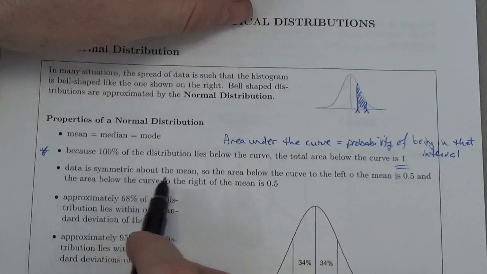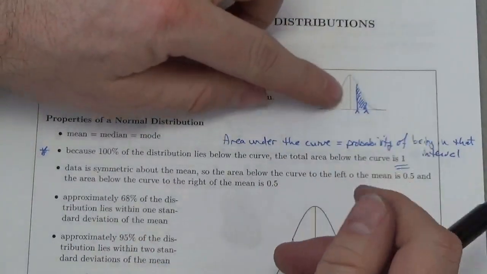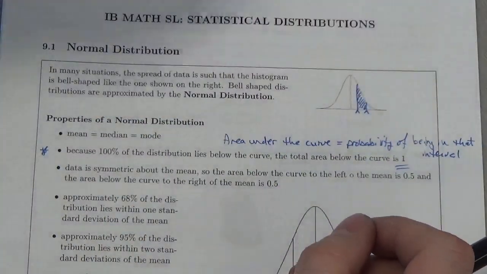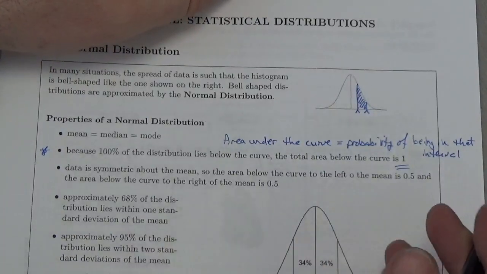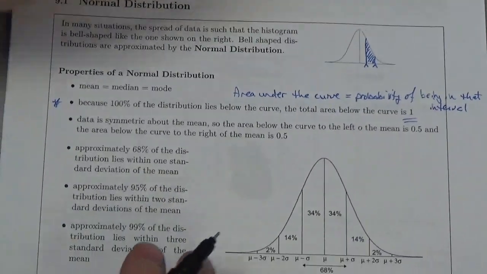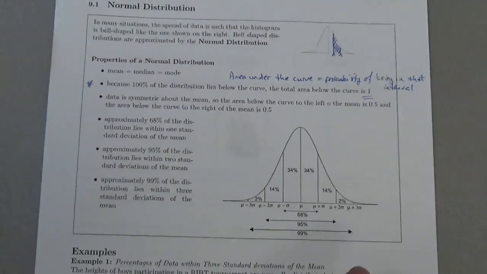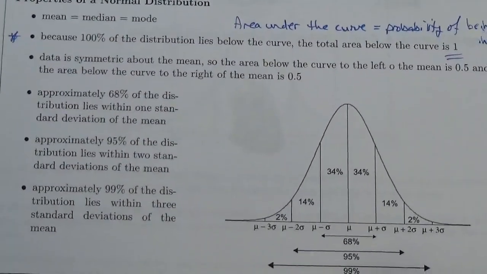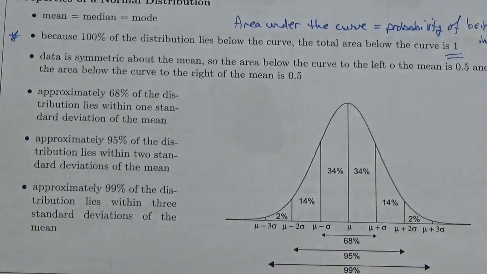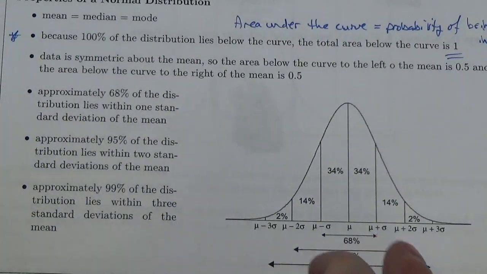Now, the data is symmetric about the mean. So you've got 50% below the mean, 50% above the mean. Okay? Now, here's what is truly amazing. I mean, this is so cool. The fact that this pops out is amazing, and it really inspired people to have a good hard look at